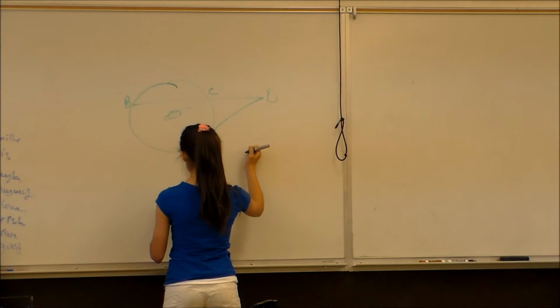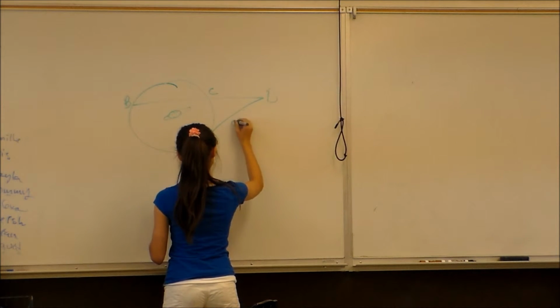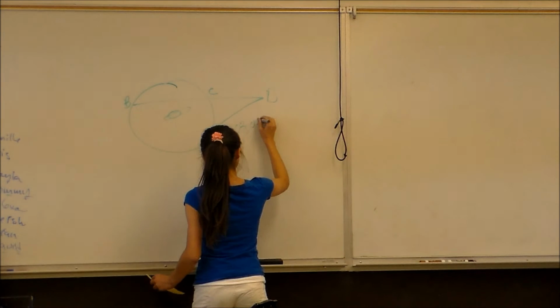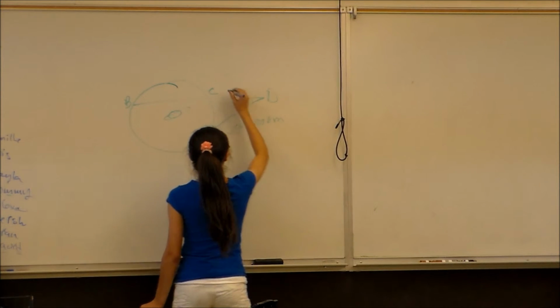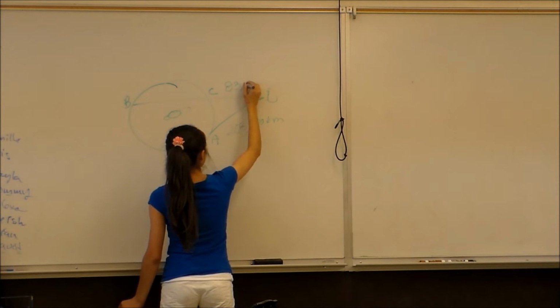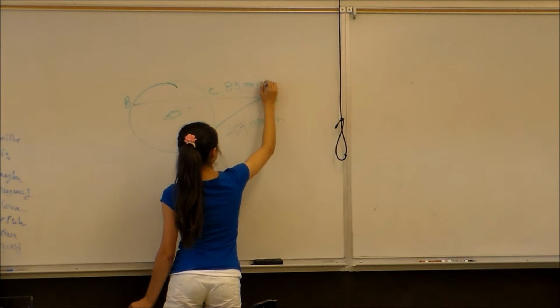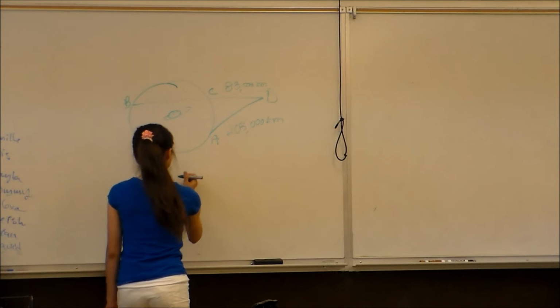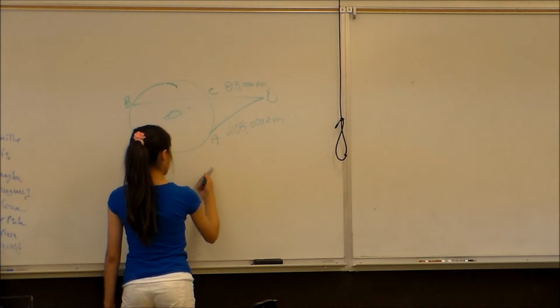And this is 1,000 kilometers, and this is 83,000 kilometers. So to find the entire distance of this secant, you would do the outer